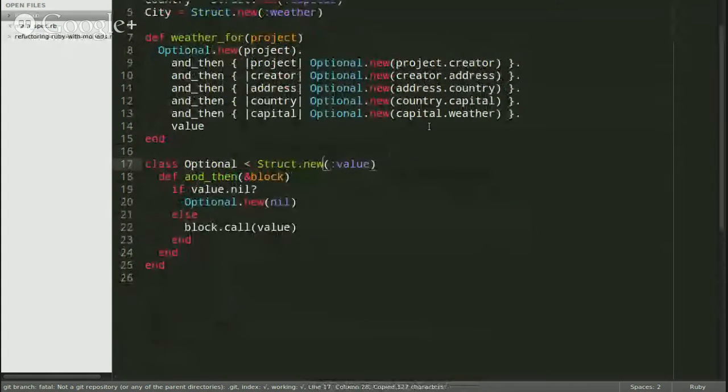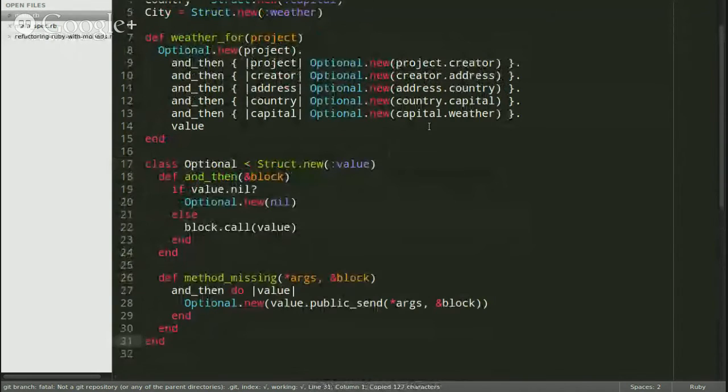Let's copy this first and I'll try to explain what it does. What method missing does is that if there's any call to optional that isn't implemented by optional, it gets called here. And what happens here is that if we try to call a missing method on optional, like for example in this instance where we're trying to call creator, address, country on optional,